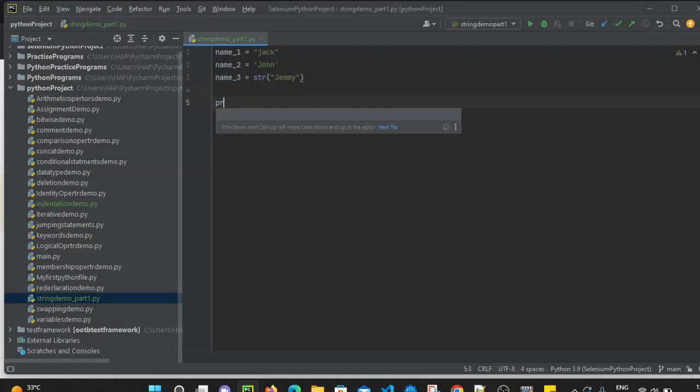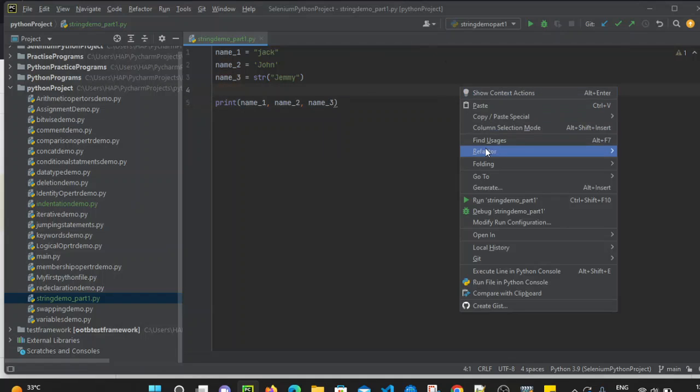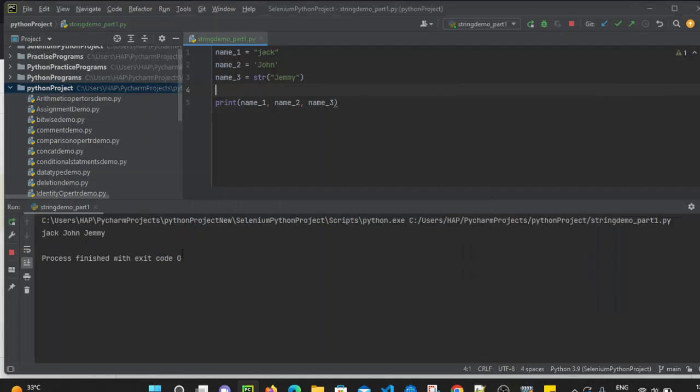And now if we want to check the string values, we can simply print name1, comma, name2, comma, name3. And now let's execute this file. When we run this file, it will print all three strings here, right? So that's the first way, second way, and that is the third way by which we can define a string